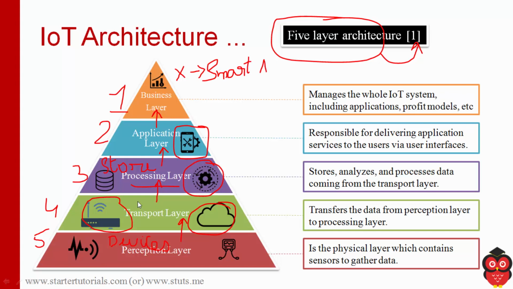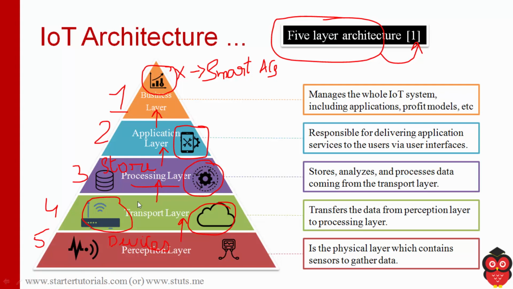So what can this company X do is they can monitor all the ACs across the country or across the globe and using that data they can make different decisions, like what will be the demand for ACs in the coming next month, okay, or in the coming year. According to that they can manage their business and get profits. So that is the business layer.